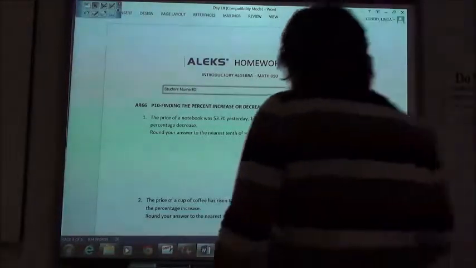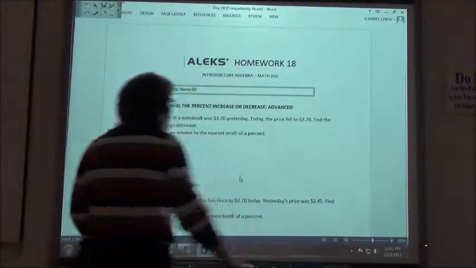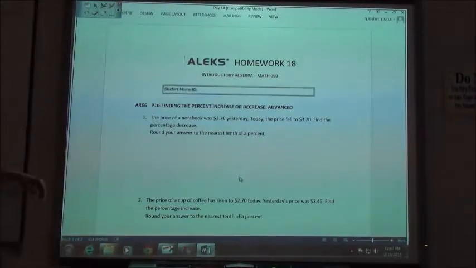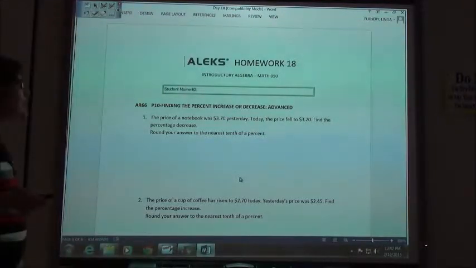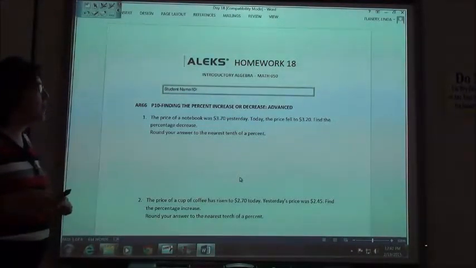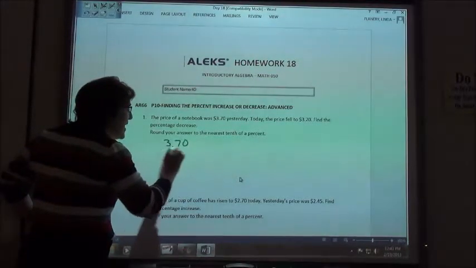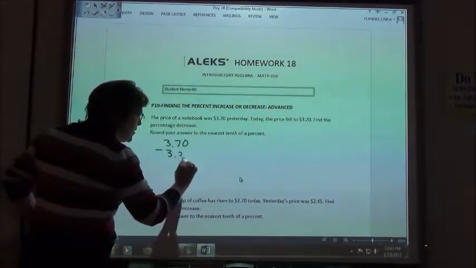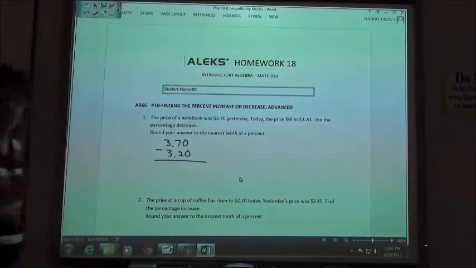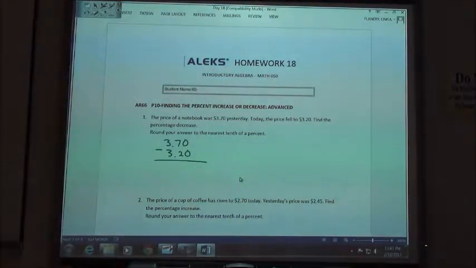All right, homework 18, finding percent increase or decrease. Says the price of a notebook was $3.70 yesterday. Today the price fell to $3.20. Find the percent decrease. So first of all, we're going to find the amount of the decrease by taking the $3.70 and subtracting $3.20. And so the difference between those two things is